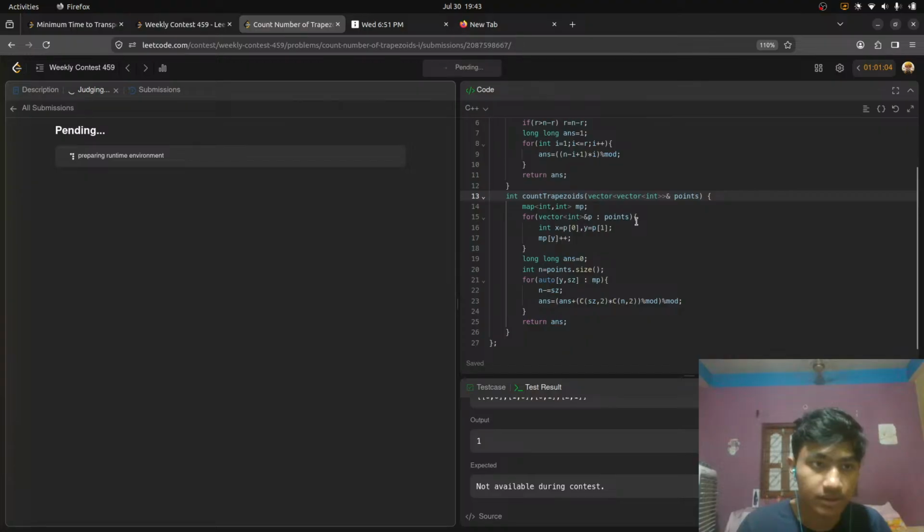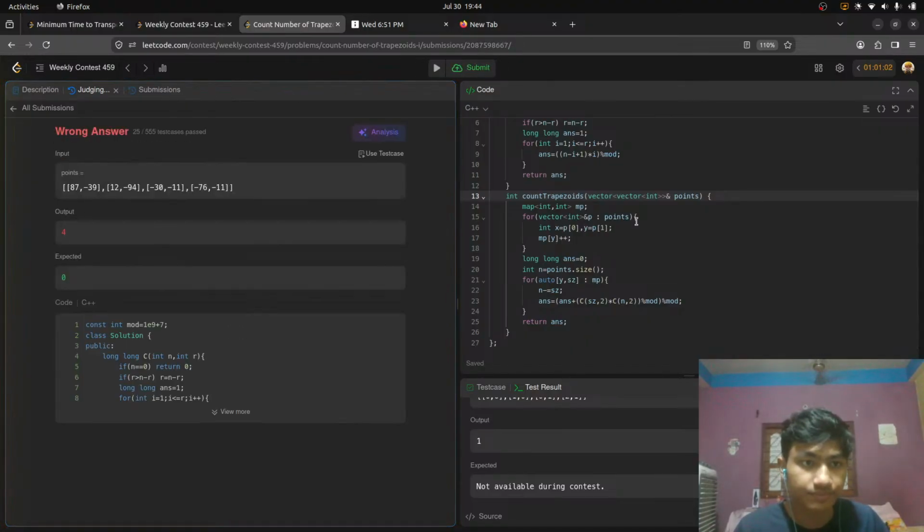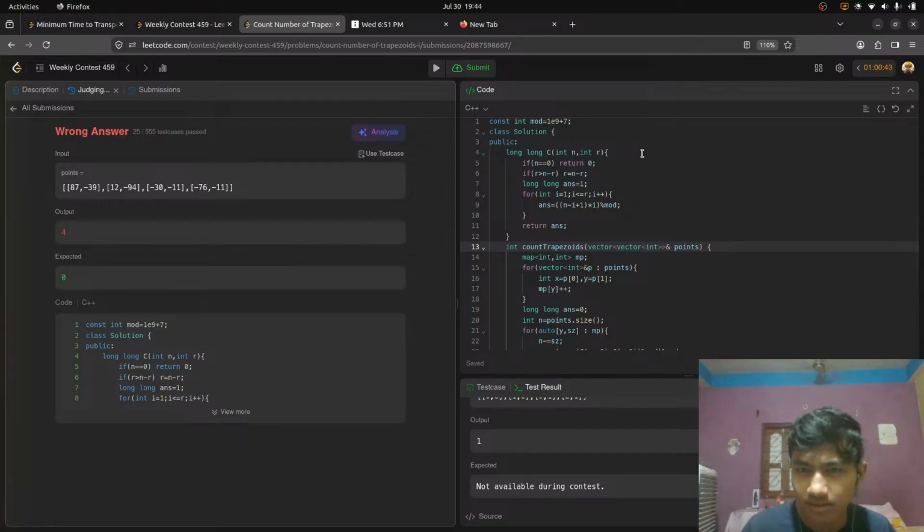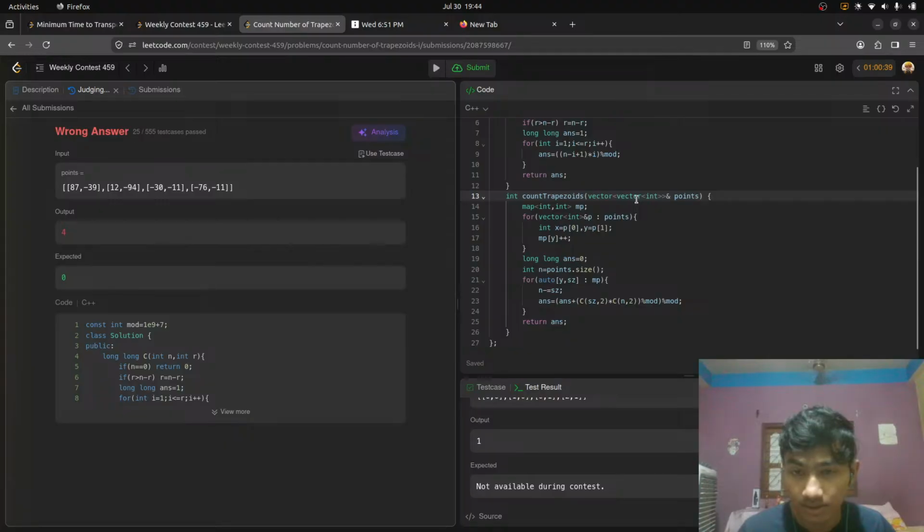Let's try to submit this. What? Expected 0. Wait, what? Okay, yeah, I think this is also one problem that I didn't think of. Oh man, I'm not even thinking correctly. So do this only if